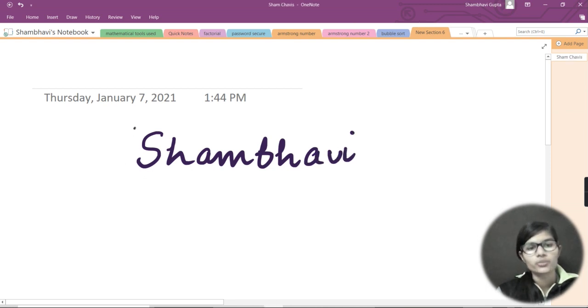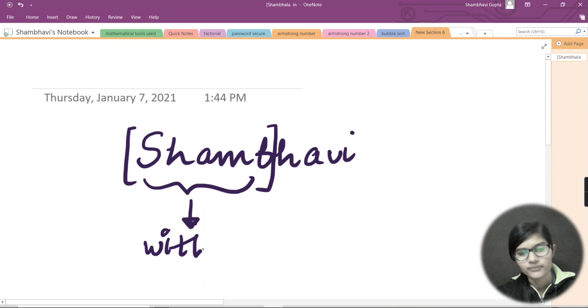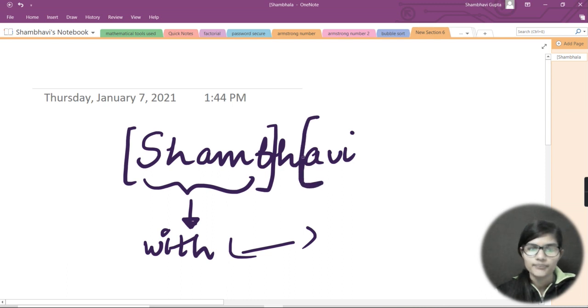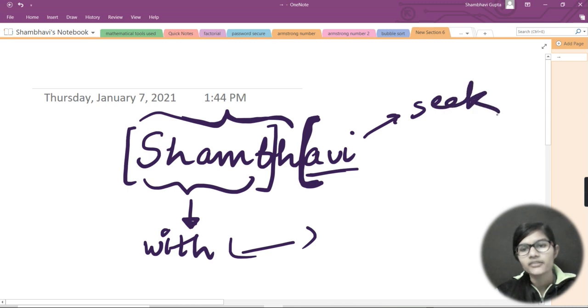Now, if I want to print something from S till B, if I want to print only this many characters, then what I'm going to use is the with function, and I'm going to write my file name. And if I want to start from this A only, I don't want to print this previous string, I want to start printing the string from A, then I'm going to use my seek function.